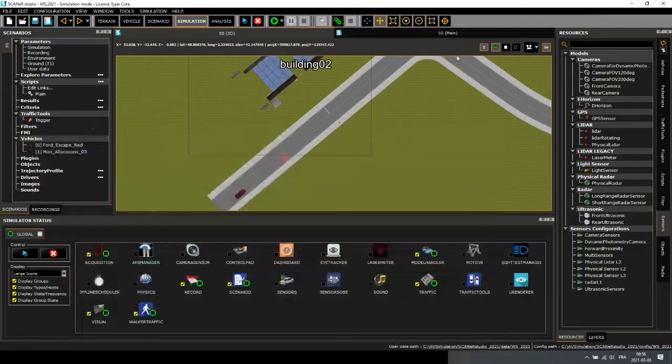SCANeR Studio, as I said, is an open and modular platform. So we offer with SCANeR Studio different solutions to communicate with your, I will say, model in the loop, but that can also be a hardware in the loop. So if you want to co-simulate with something, we have, I will say, 2 solutions. The first one is